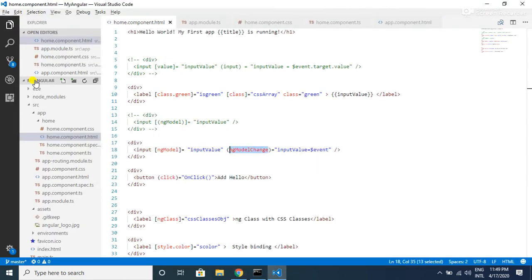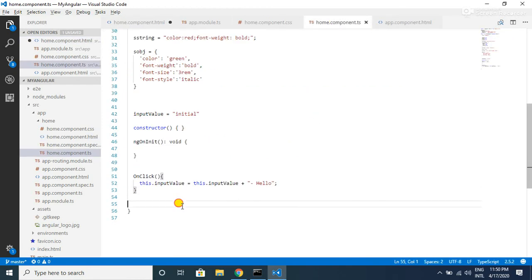The advantage of this one over this ng model short syntax is, using this ng model short form of syntax, you can only update the input value, whereas with this format you can create one method inside your home component.ts file, the TypeScript file, called update, and you can pass this $event, and inside this TypeScript file you can have this event method, and here you can update this dot input value is equal to event object, and you can also perform some actions, anything like consoling or some other operations.